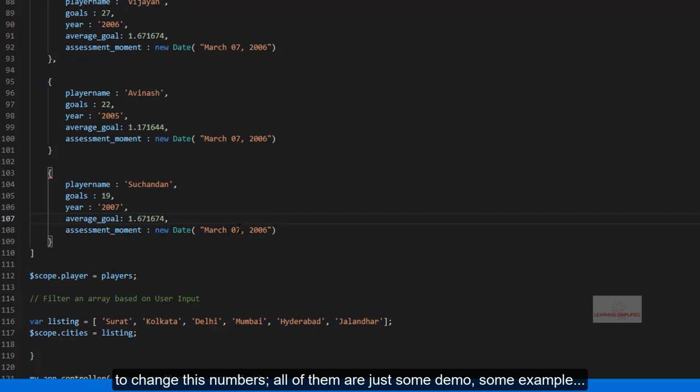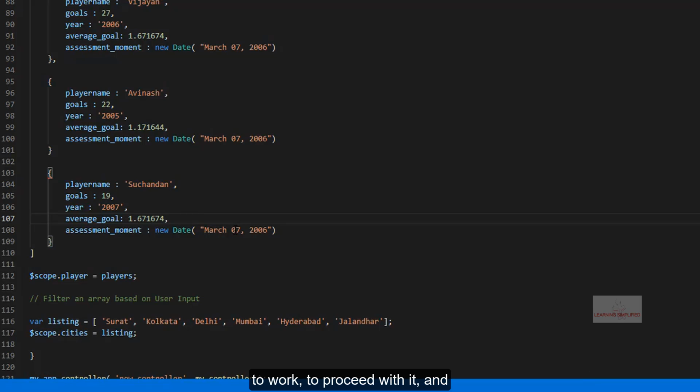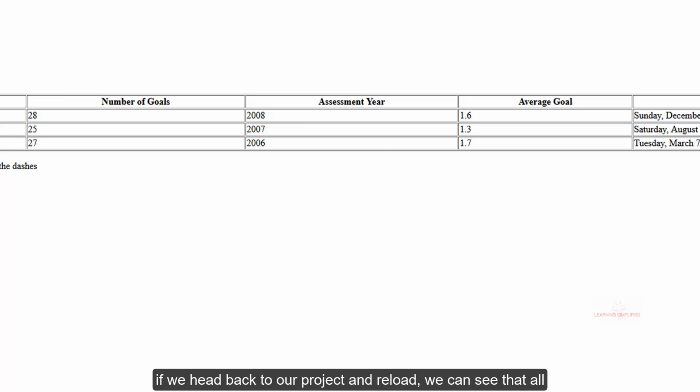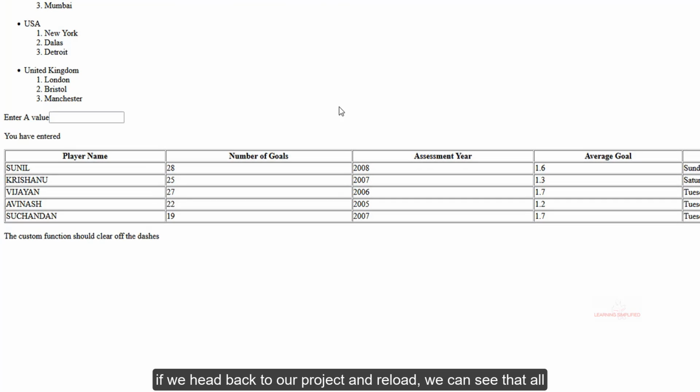All of them are just demos, examples to work on. And we need to add a comma right over here. So here it goes, press Ctrl S. Now if we head back to our project and reload, we can see that all these additional names have been added right over here. Now let's order these names.